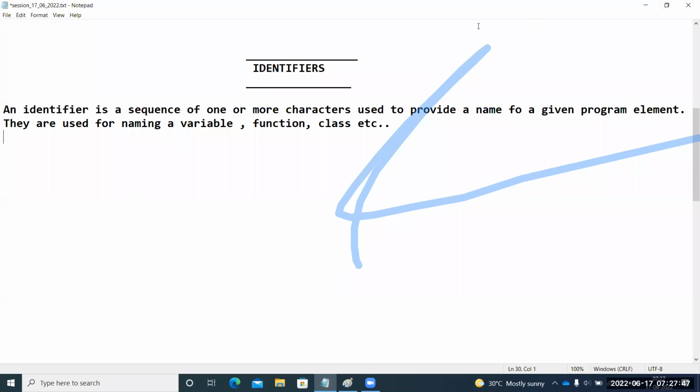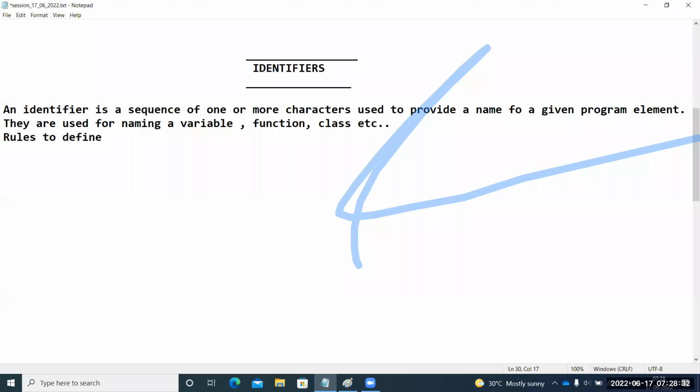But you must follow some rules to define the identifier. If you are naming a function, if you are naming a class, you must follow some rules. Rules mean everyone must follow them. You should not violate them. If you violate them, you will get an error. What type of error, guys? Syntax error. If you are violating the rules of that programming language, then you get an error. That is called a syntax error. I will show you. Yesterday, I hope you were able to install that software, Python IDLE. Good.